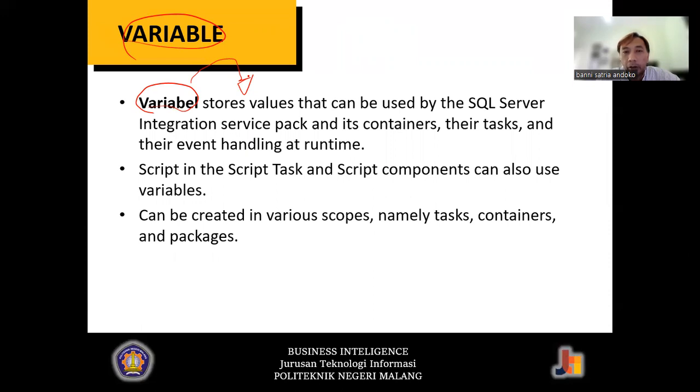So the use of the variable in SQL Integration Service is quite high.